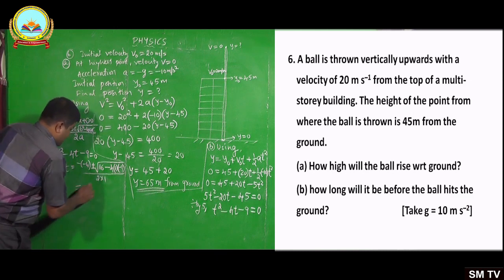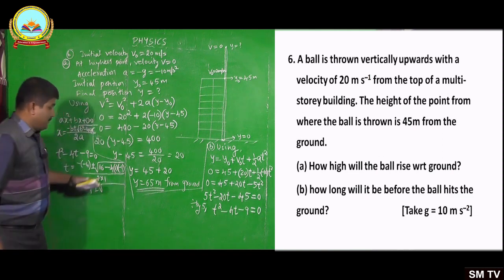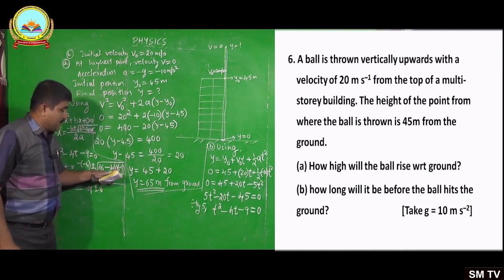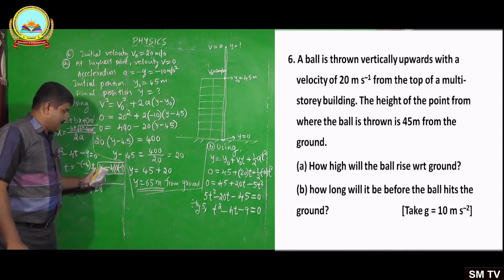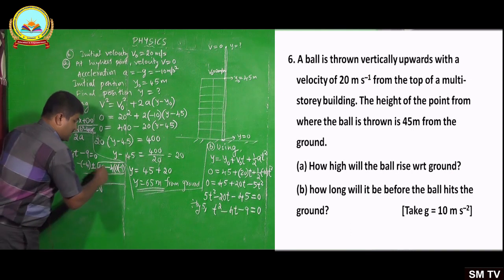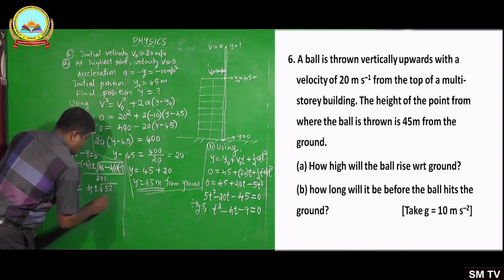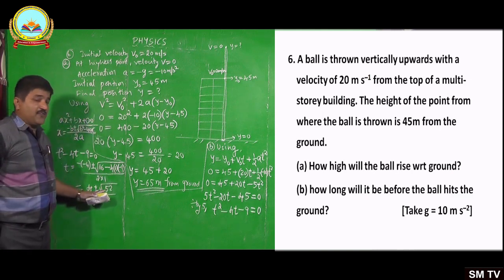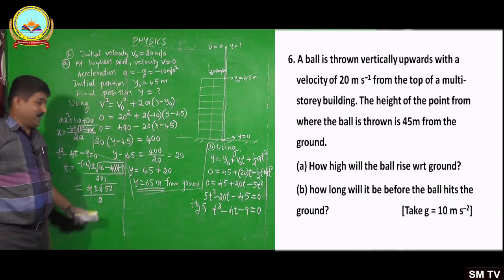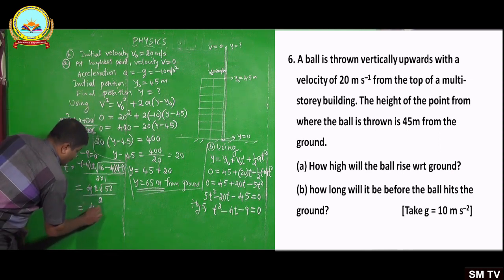Okay, now that is 4 plus or minus square root of, see here, minus and minus, minus 4 into minus 9 plus 36. Plus 36 plus 16. So 16 plus 36 becomes 52, divided by 2. Now root 52, you can go for a calculator and get the value. Let me do one more step here, simplification.